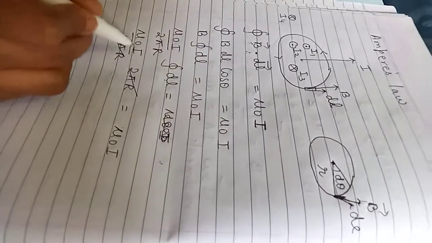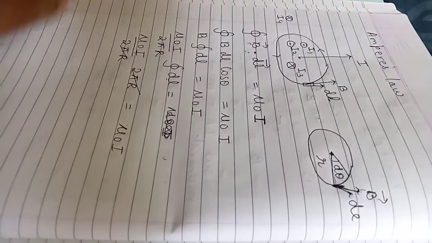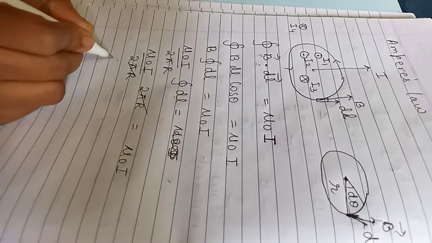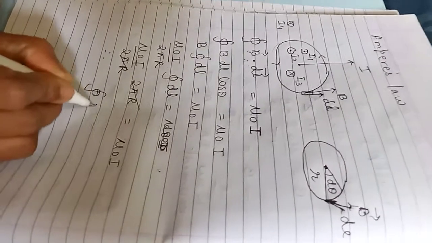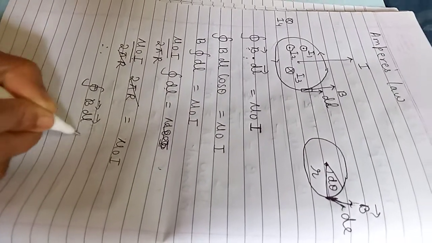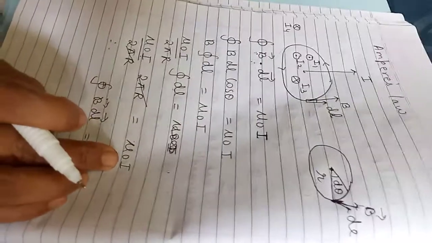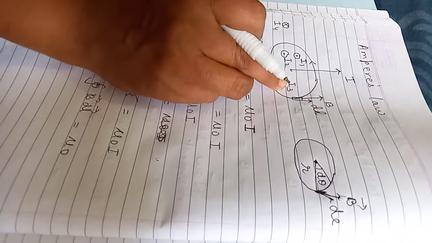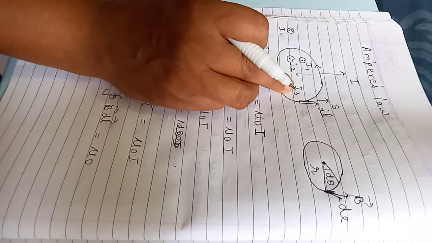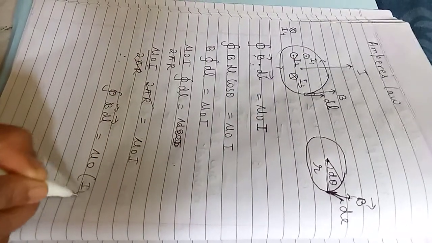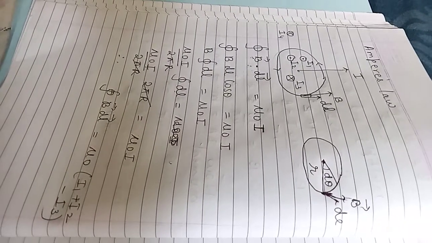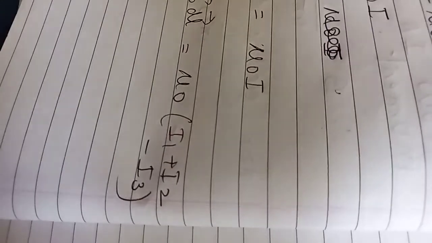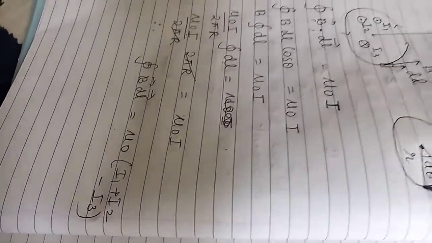Now you may ask me, teacher, what is the use of I1, I2, I3? Concentrate here. Therefore, what do you get here? Mu naught, line integration of B dot dl is equal to mu naught times the total current I, which is the sum of the currents due to these tiny wires, a symmetric distribution of current. I1 and I2 are in the vertically upward direction, that is, in the same direction, hence positive sign, and I3 is in the downward direction and hence negative sign. Now what about I4? It's out of the loop, nothing to do with that.